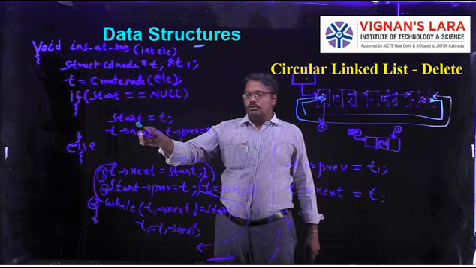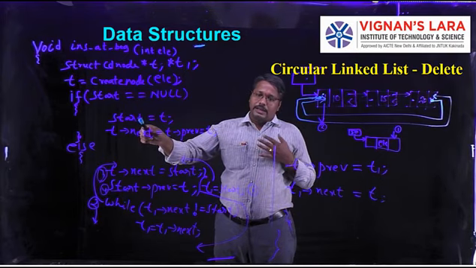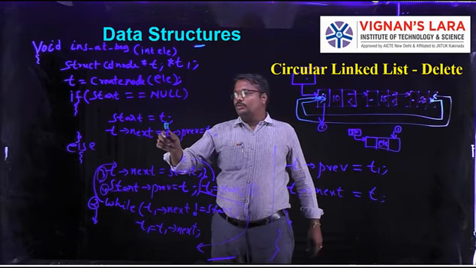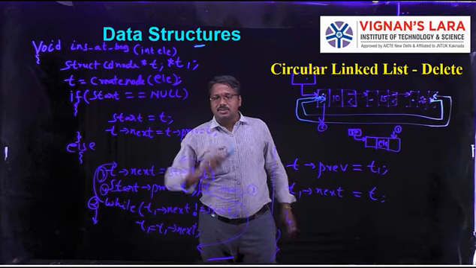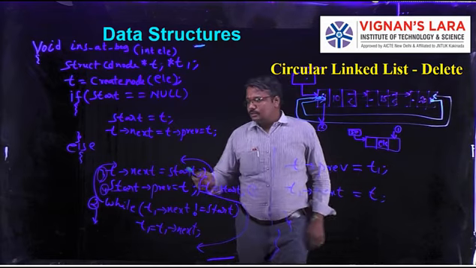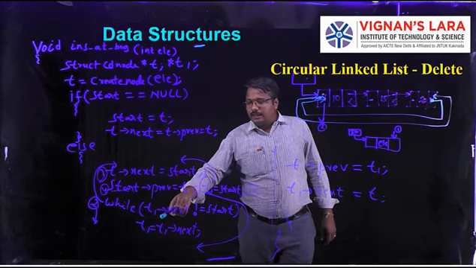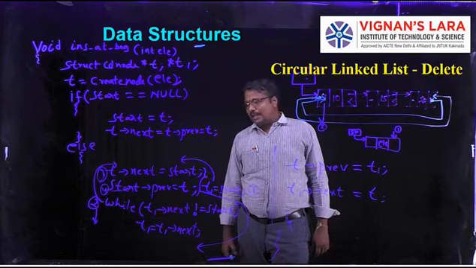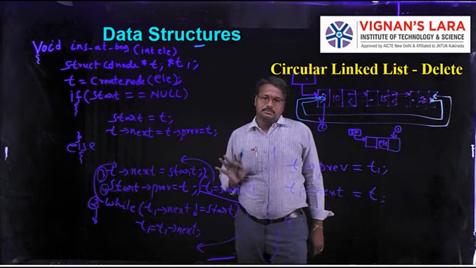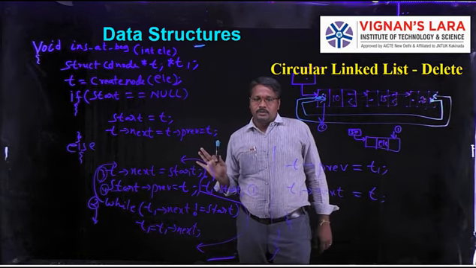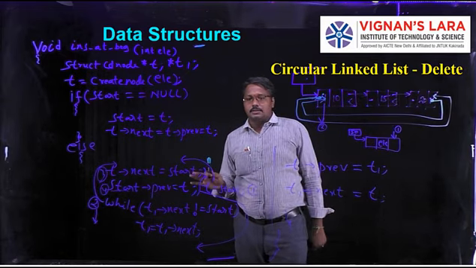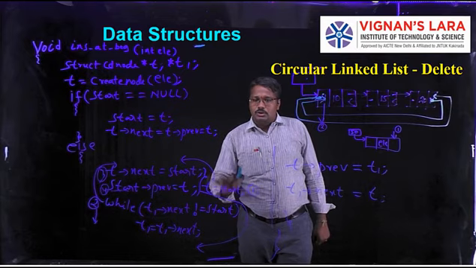In that case, the newly created node is the first node, and that is also the last node. So start is equal to T, T of next and T of previous are also equal to T. Suppose it is not that case. In that case, first we need to find the last node address. For that, I am writing the statement T1 is equal to start. T1 is used for traveling purpose. Why we want to travel in the circular double linked list is to get the last node address.